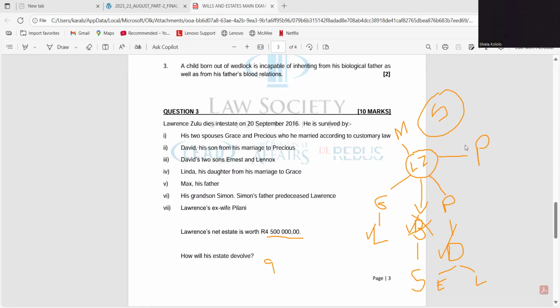So that is basically it with the intestate succession question. That's how the estate will devolve. You've got your 10 marks. So please watch those videos and understand. Remember, if they say in community of property, you'd first have to calculate the 50% share of the other spouse, take out the spouse's 50% and then work from what is left behind. But I will make another video for you guys, just so that I don't confuse it.